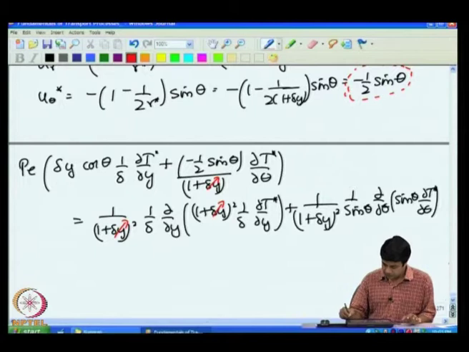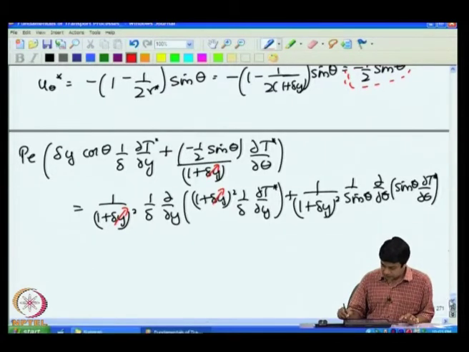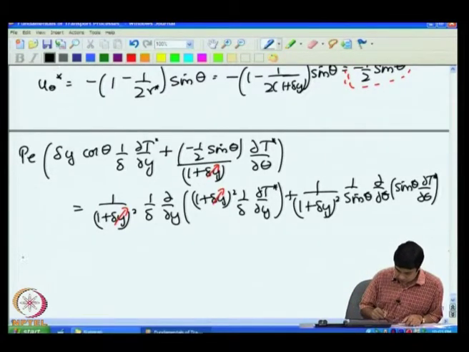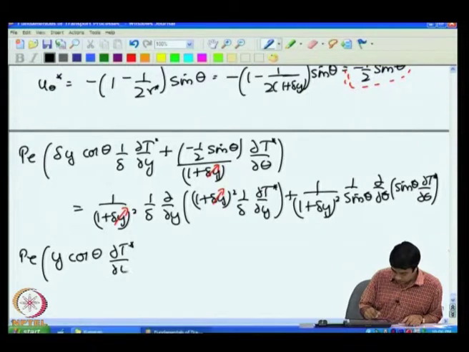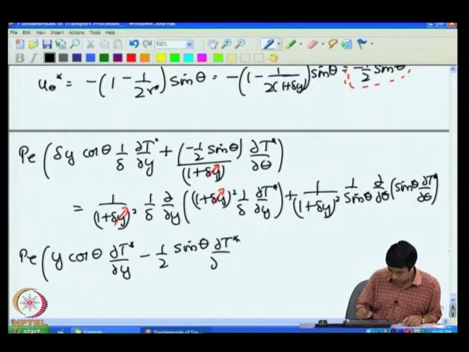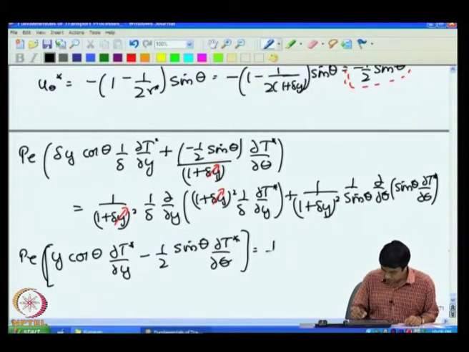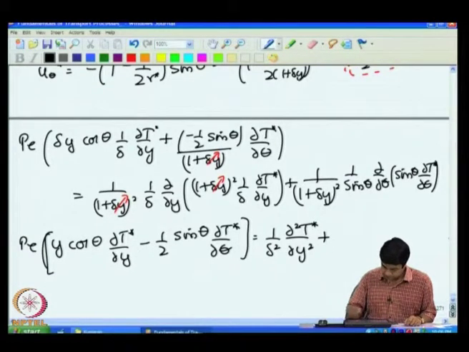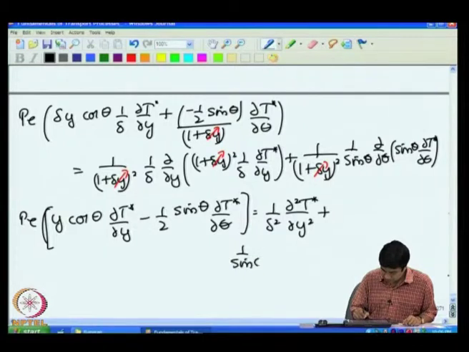And once you do that, you will get Peclet number into y cos theta dt by dy minus 1 by 2 sin theta dt by d theta is equal to 1 by delta square partial square t by partial y square plus 1 by sin theta